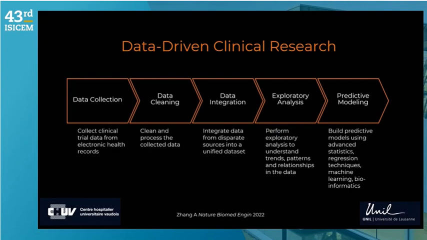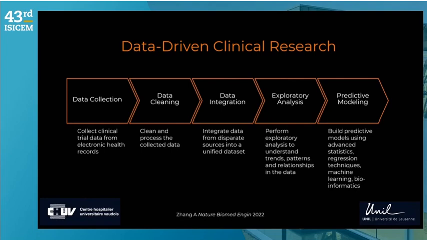This is one very challenging thing when starting to build up data-driven research. So collect data within the electronic health records that can then be available, cleaned and processed to then provide an integration of this data from different sources and build up a data set which you can then explore